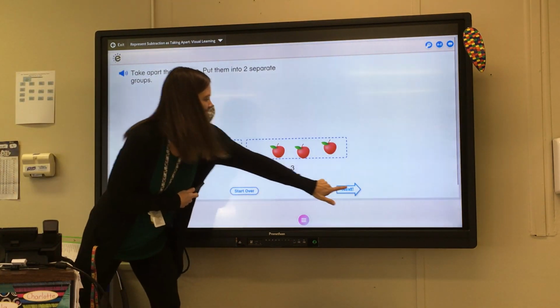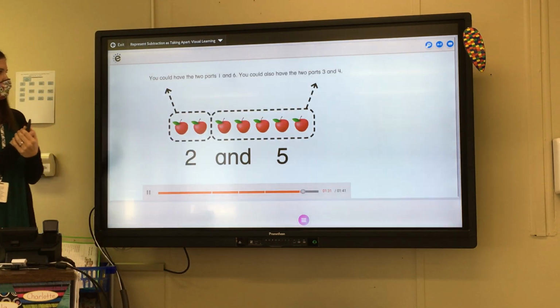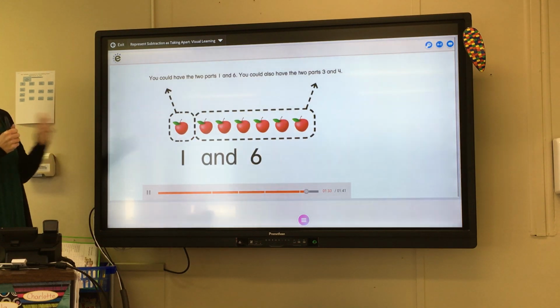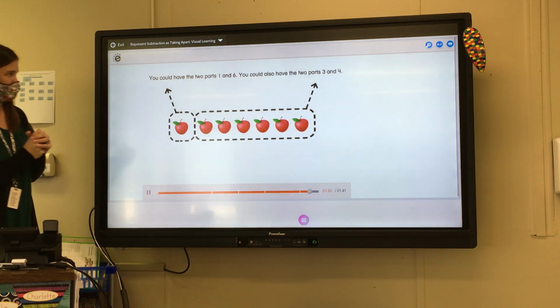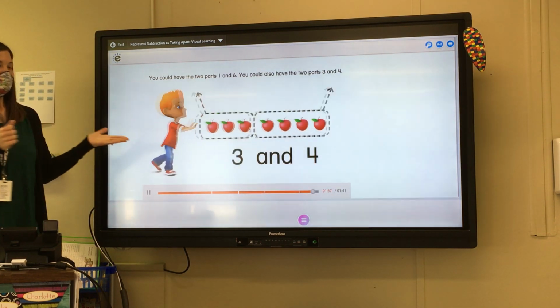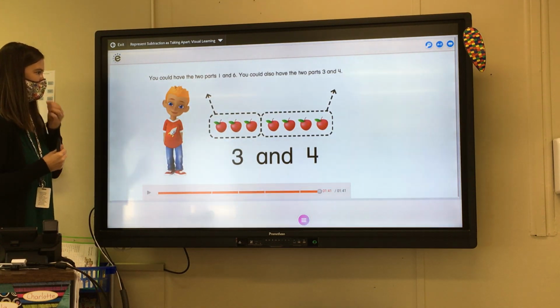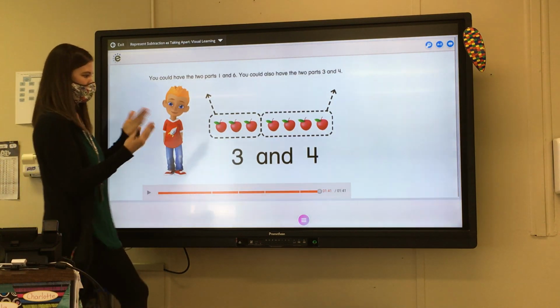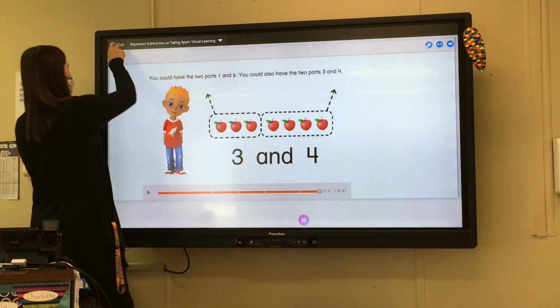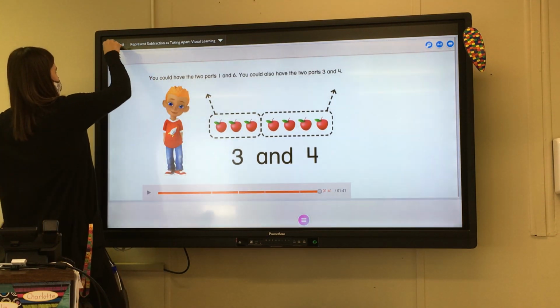Let's see. Next. You could have the 2 parts 1 and 6. Another way, you could also have the 2 parts 3 and 4. That's what we did. Nice work! Except it was flipped. But still, they were taken apart that way. Awesome. Okay, now we're going to look at